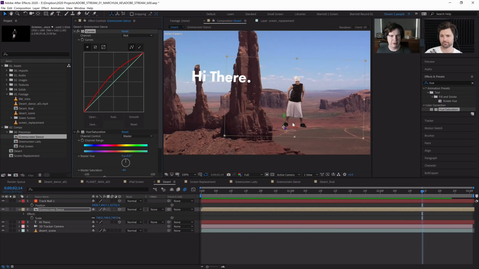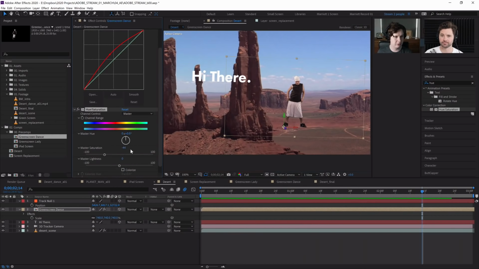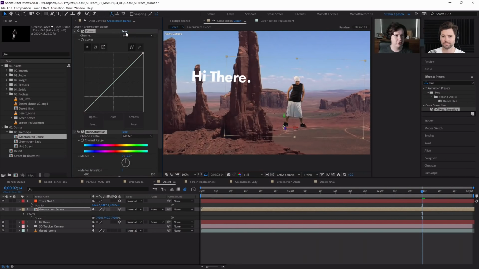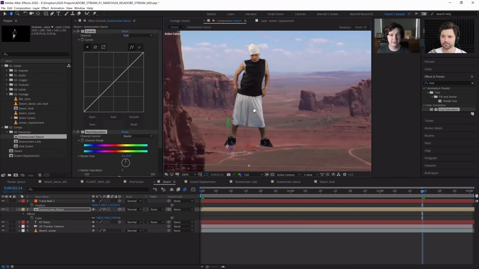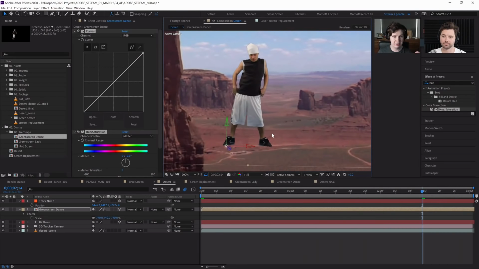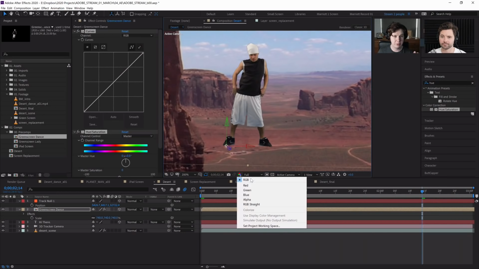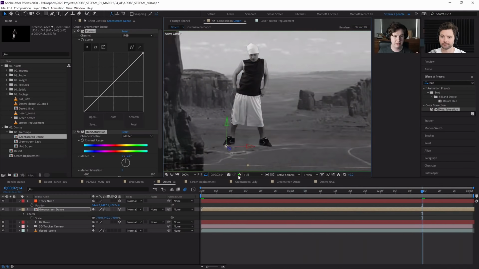knowledge and experience to see what elements are out of place. But a much easier way to do it is, let's turn off this hue layer, put that to 0 and reset our curves. An easier way to do it is to just look at one color channel at once. So down here, we have an option to view all of our different color channels. We can view just the red channel, just the green one, or just the blue, or even